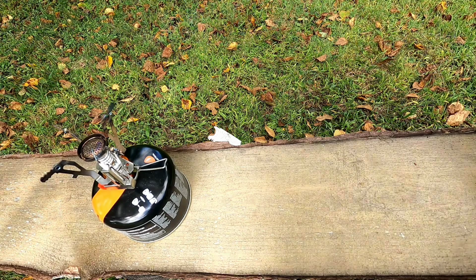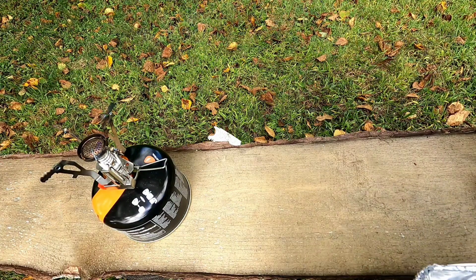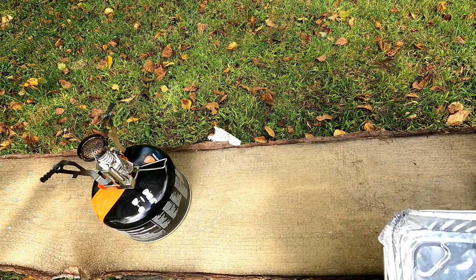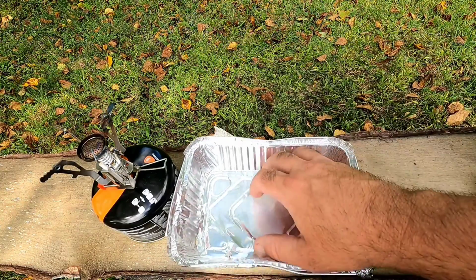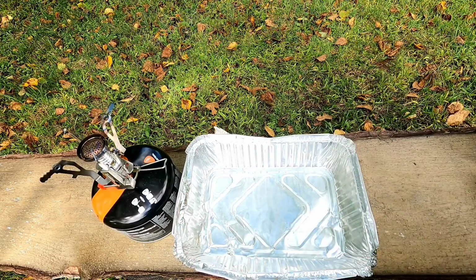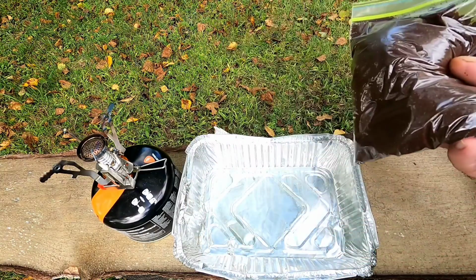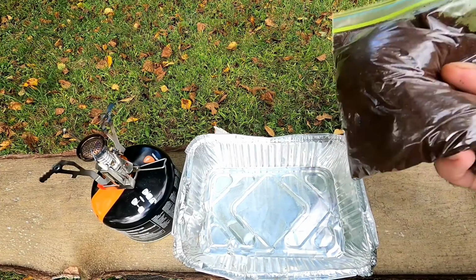Okay, so basically what you're going to need is a heat source. You want to do this outside because we're using wax, and wax can be dangerous when you're melting it. It can overflash, overboil, and cause a fire. So anyways, disposable tins are great because it does make a mess, and you can just toss it away when you're done. I got here about a cup and a half of old coffee grounds that I saved,